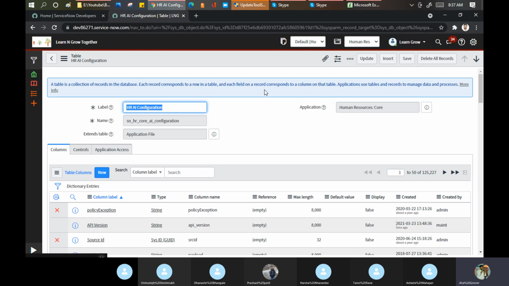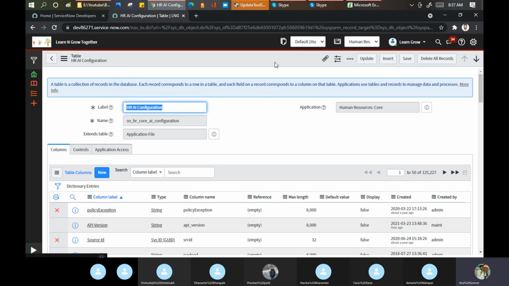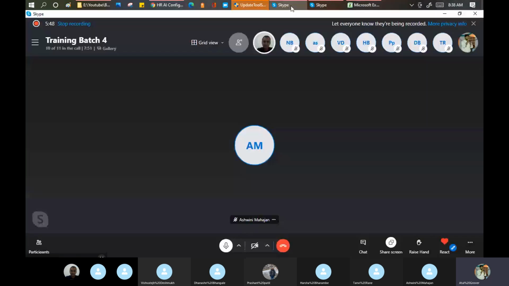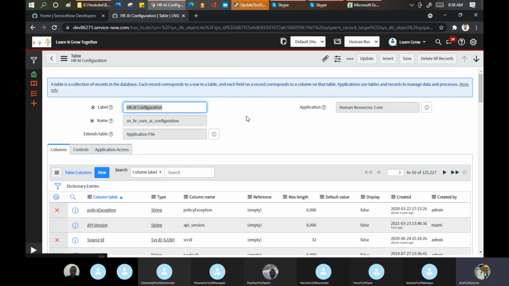Why is this application scoping required? Let me give you a little example, and believe me, there are a lot of companies in the market at present who mainly work in these areas only. When I say these areas, I mean the scoping part, and we call this a custom application. If you try to find some JD of a ServiceNow developer, you will find this word very easily: custom application. A developer should have experience in custom applications. It means you should know how to create a custom application.